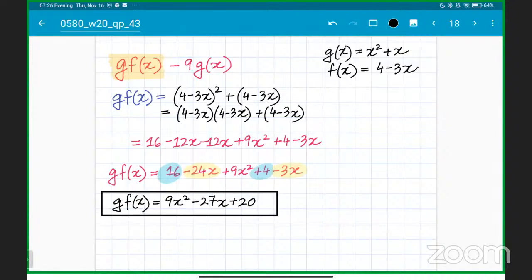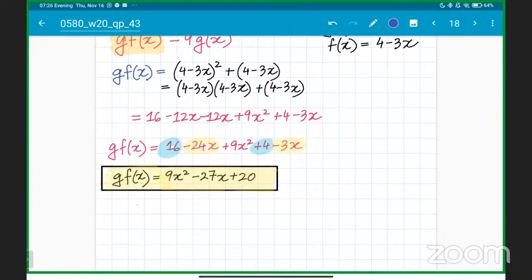Make sure the algebra is correct, okay? So this is the other half part done. That is g(f(x)) will be 9x squared minus 27x plus 20. That is g(f(x)), okay? What we have to do is get 9 times g(x) now and then subtract, okay? So 9 times g(x) will be, students,